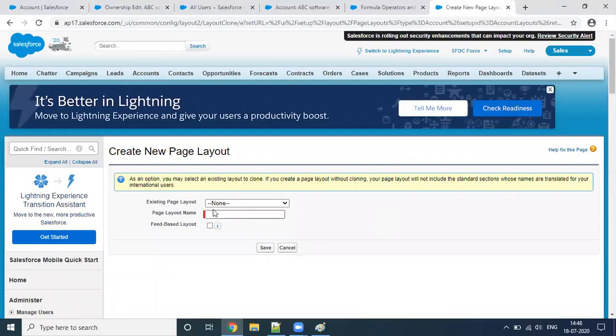Okay, so when you create a page layout, maybe I can give it a name like demo layout. When you give a name to the page layout, you basically define that you're just cloning an existing one, so you can select any of them. Suppose I'm selecting account layout, so it will create the same page layout as we have for the account layout. So once I save this,